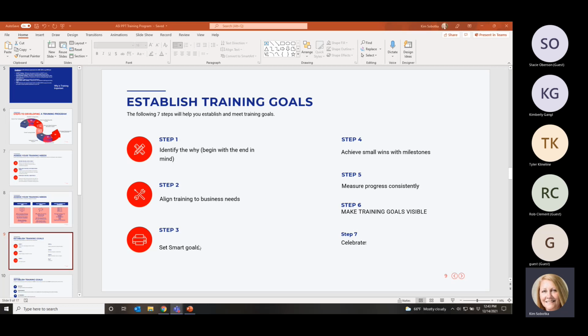Step 3, set SMART goals. I've got a whole slide on what SMART goals are next, but let's get through these steps. Step 4, achieve small wins with milestones. Step 5 is measuring your progress consistently. Step 6 is make the training goals visible, and step 7 is to celebrate. So step 4, achieve small wins with milestones.